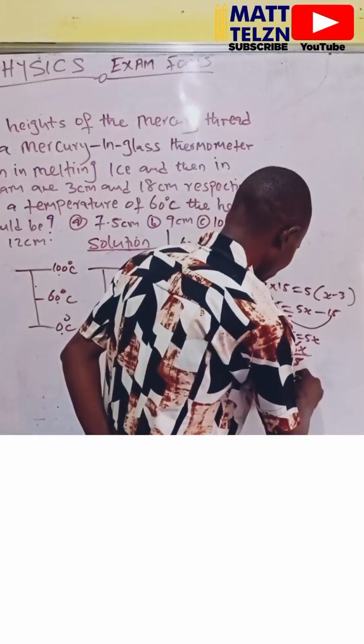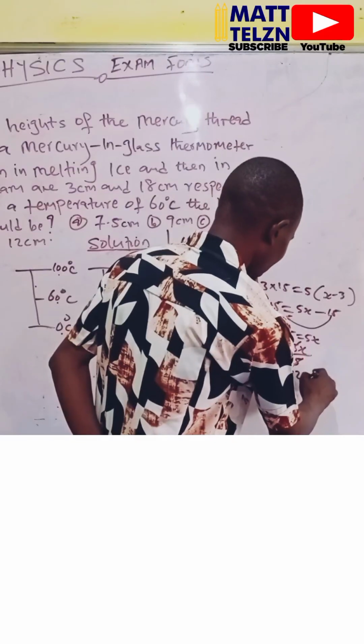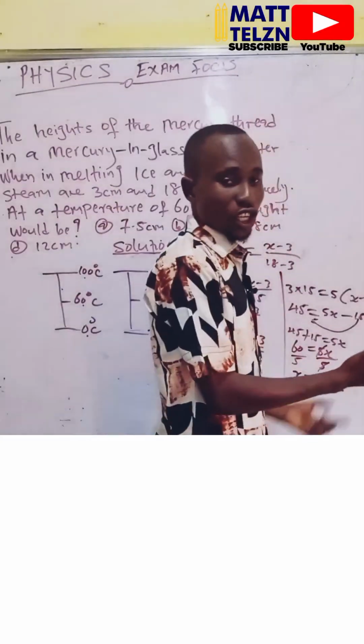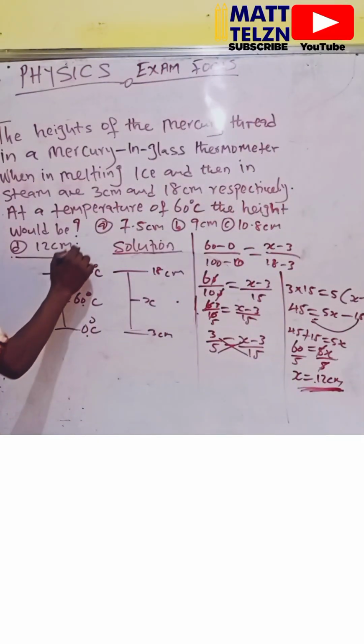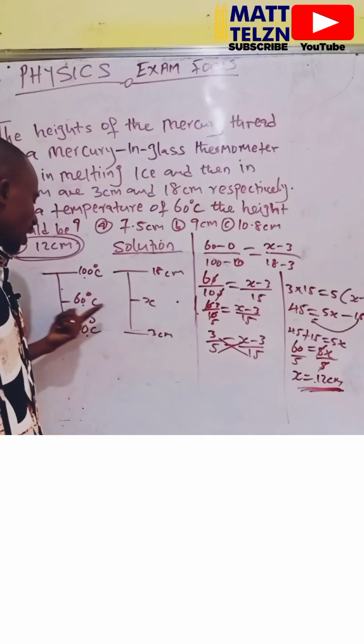We have 12. What's the unit? Centimeter. 12 centimeter, right? And if you check in the options, you see that 12 centimeter is option D. This is the height at